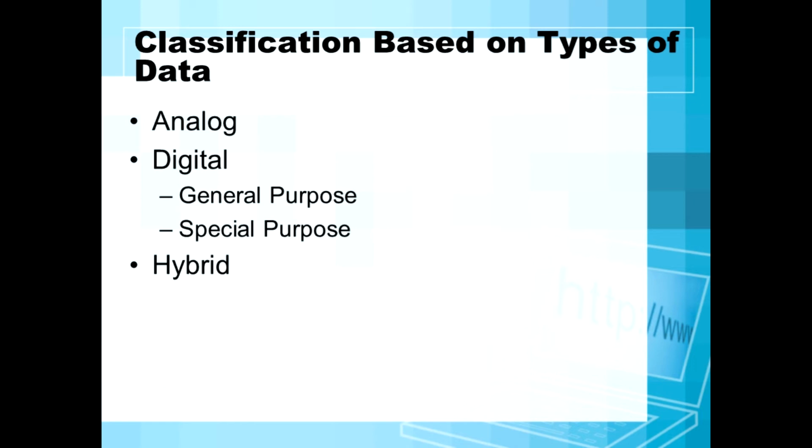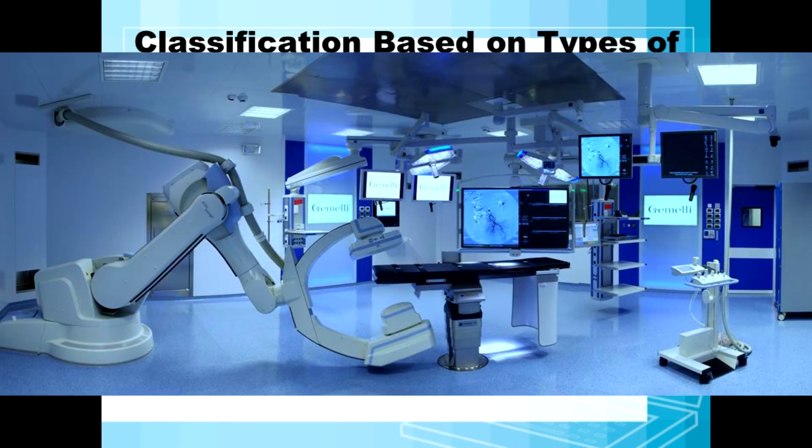Hybrid computers are computers which combine the features of both digital and analog types. This type of computer operates by counting as well as by measuring. Hybrid computer means it is mixed with both analog and digital. It is fast like the analog and gives accurate results like the digital. They are used in hospitals.